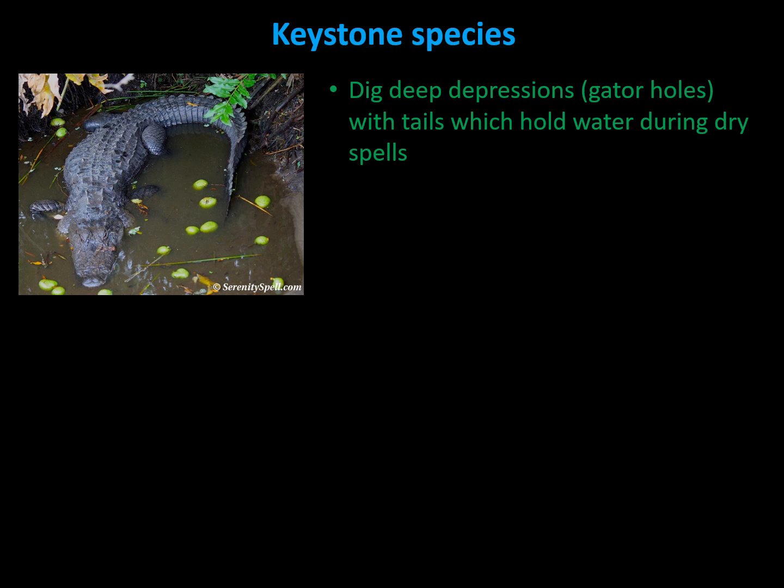They can dig deep depressions called gator holes within shallow wetlands with the use of their tails. Because of that digging, it will collect more water during rainy seasons, and for the dry season it will harbor more water, and that habitat will serve as a refugia for many different wetland species